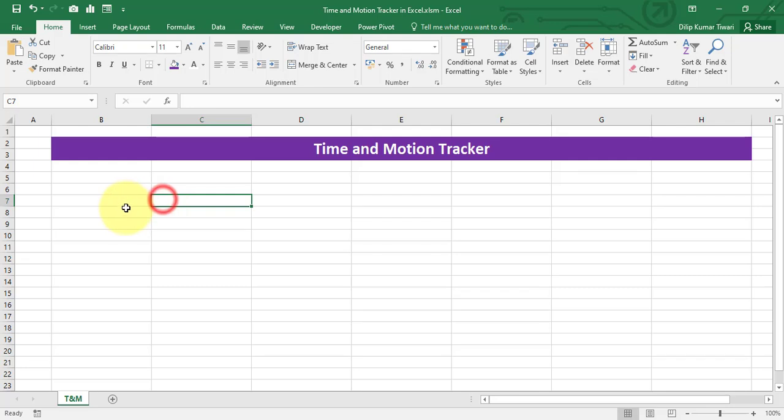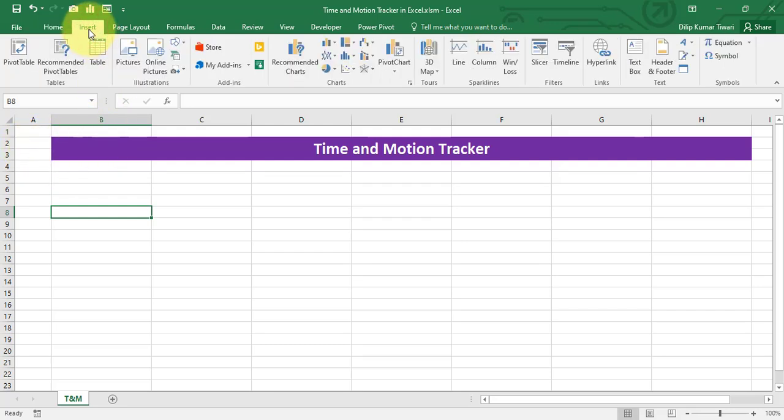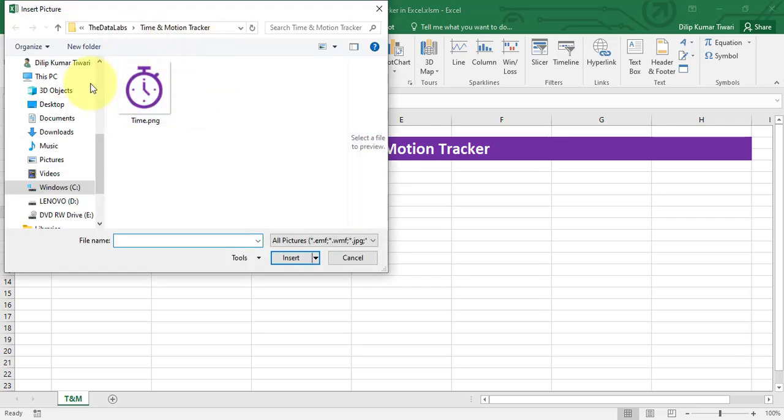Yeah, I think it's good enough. So we need to insert an icon, a clock icon, over here. Just go to the Insert menu, the Insert tab basically, and click on Picture. Here you can find the Time and Motion folder, the same folder where I have kept time.png. Just click on Insert